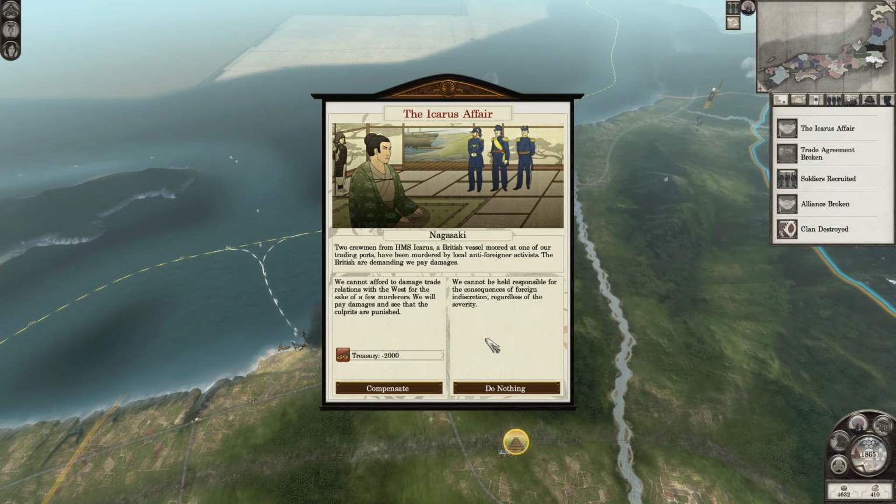Okay, so we have a decision to make. The Icarus Affair, which I believe is the historical event that is depicted in the opening cinematic of the campaign. Okay, I'll just read it out. Two crewmen from HMS Icarus, a British vessel moored at one of our trading ports, have been murdered by local anti-foreigner activists. That is pro-emperor activists, pro-imperial people. The British are demanding we pay damages, and of course, since we are pro-Shogun, here's us here with our extremely